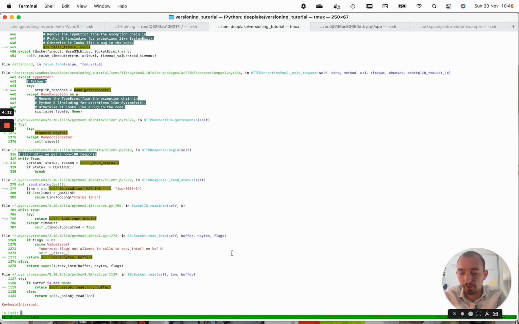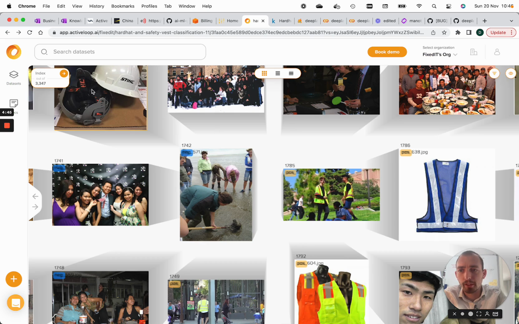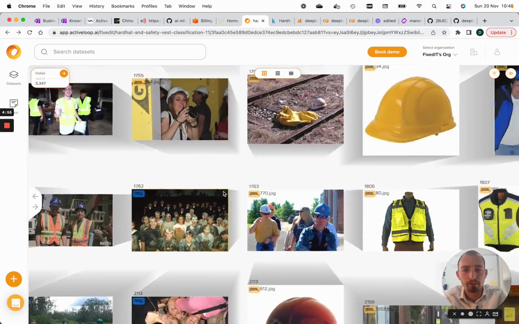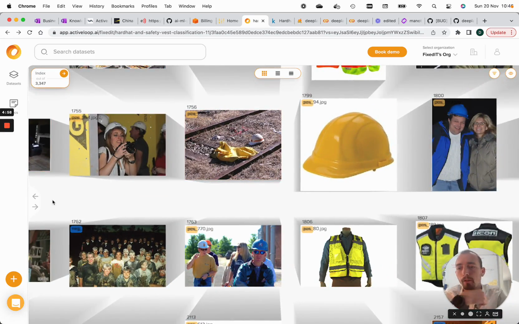So I'm gonna abort this. And if we didn't have version control now, this could be a catastrophe, which could be really hard or impossible to regain from. And we can also see here in the user interface that we have now on the master branch just 3,347 images. So we lost a lot of good images, but thankfully, since this is version controlled, we can see